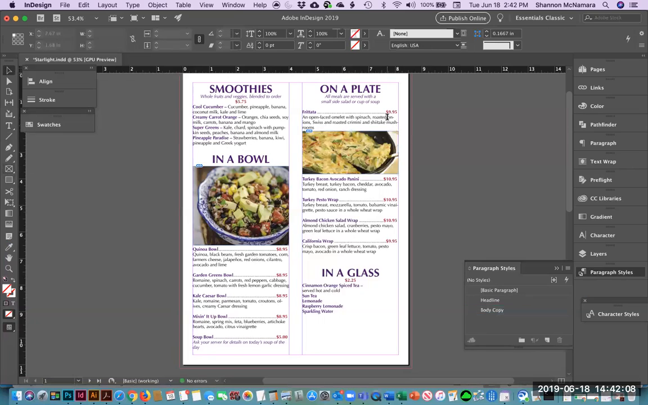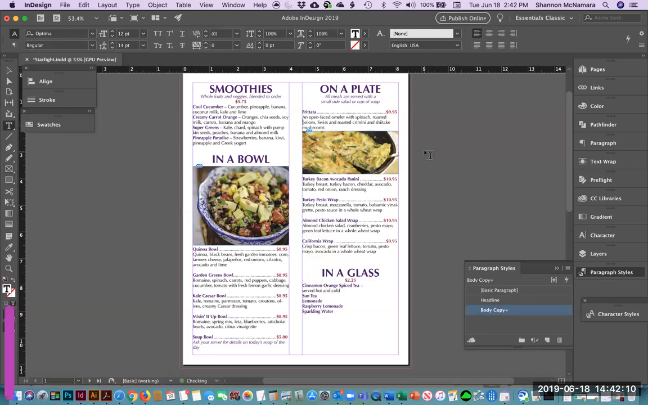And I'm going to go right here, and I'm going to hit Shift Return on onion, so it moves onions and mushrooms to the next line. I'm going to do the same thing down here for vinaigrette. Shift Return, not a hard return, a Shift Return. And then